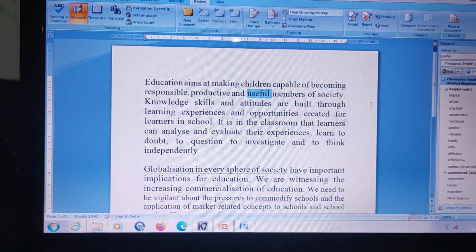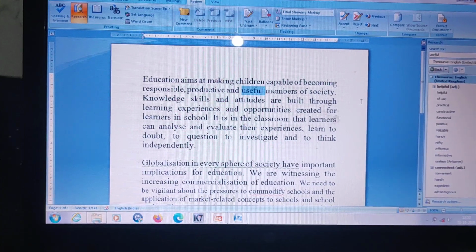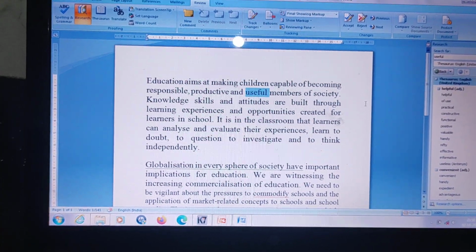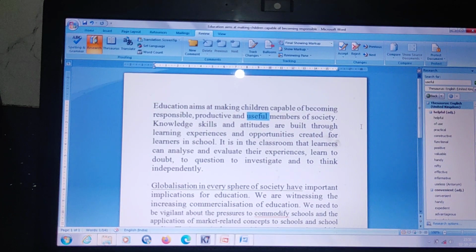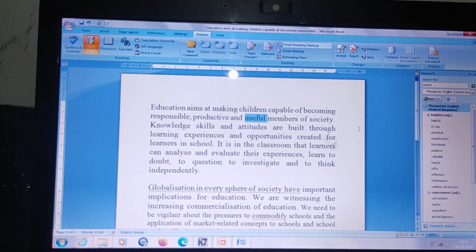These are all replacement words for useful. So with the help of thesaurus we can apply these words. And the shortcut key for thesaurus is Shift plus F7.